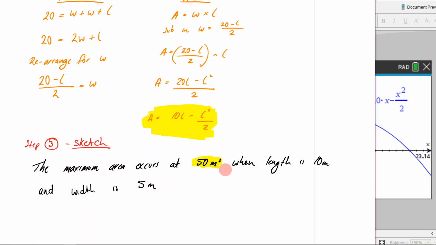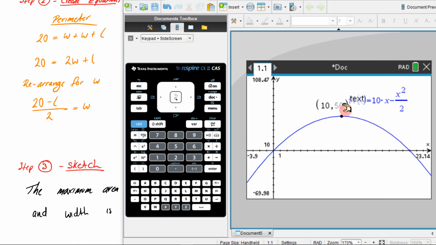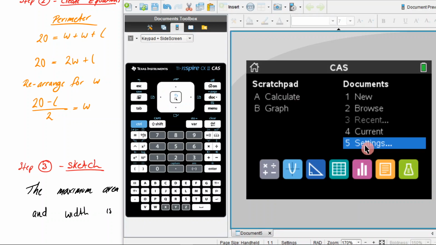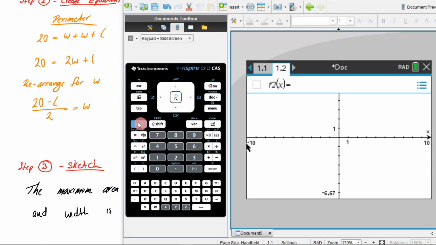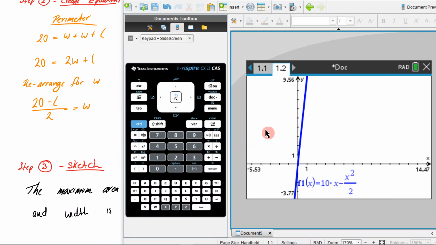Now, I just want to go through a few other things on your CAS that you need to be aware of. The first thing is that you have to be careful that you're getting enough decimal points when you're graphing on the CAS, on the graph section. To double check that, you have to go back here for a second. To double check that you've got enough decimal places occurring, what you have to make sure that you do,